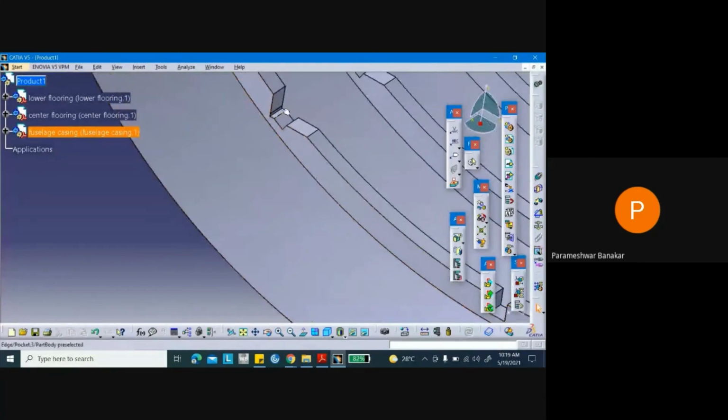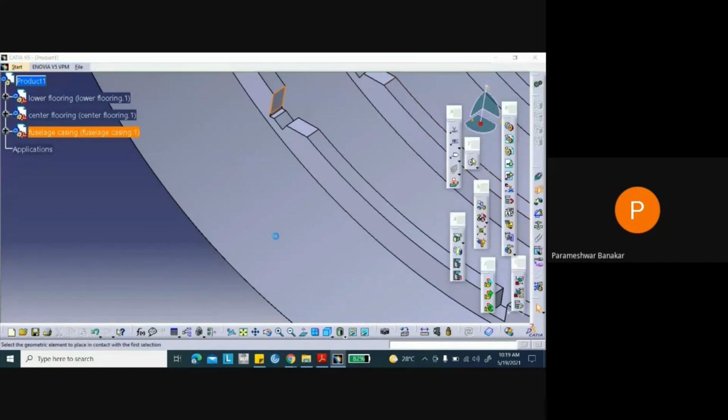First you select the surface. Then come here, one option is the coincident constraint, and one more is the offset constraint. And one more is the contact constraint. We click on contact constraint and try first.